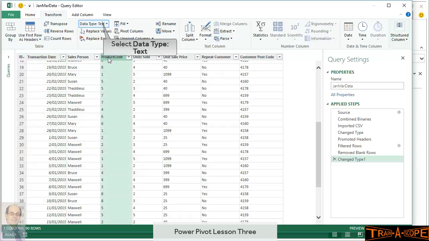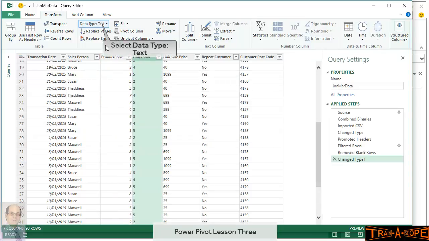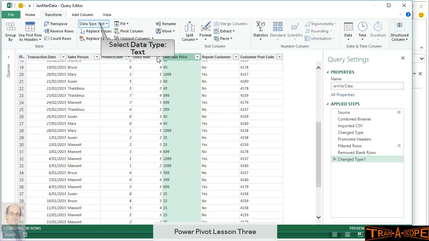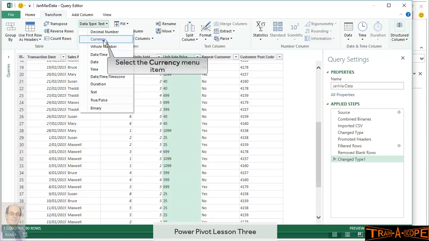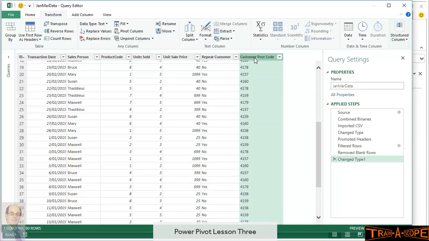My product code is a whole number. My units sold is also a whole number. My sale price is currency, and my customer postcode. Now, my customer postcode